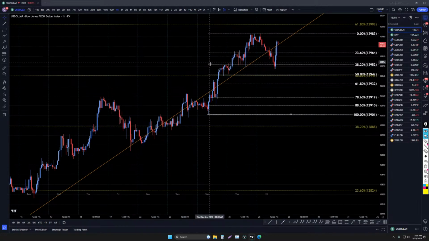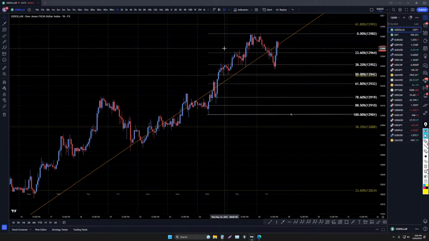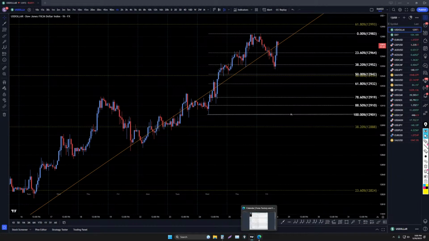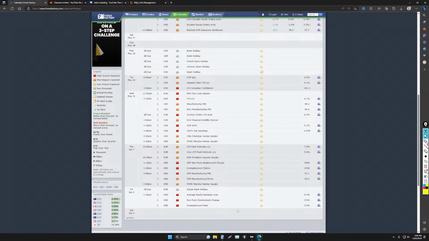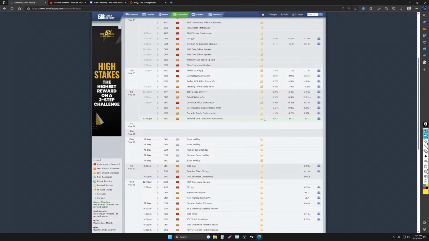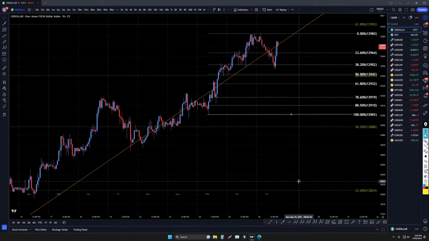So let's see. It's probably not going to be a huge move out. Yeah. Let's see. We definitely got to give it a few minutes. It's what is it again? It's the consumer sentiment, right? Yeah, consumer sentiment. It was a little bit positive for the dollar, but that definitely doesn't mean anything to me. I see news all the time that is positive, and then it just takes a nosedive, so that really does not mean a thing to me that the news came out positive.